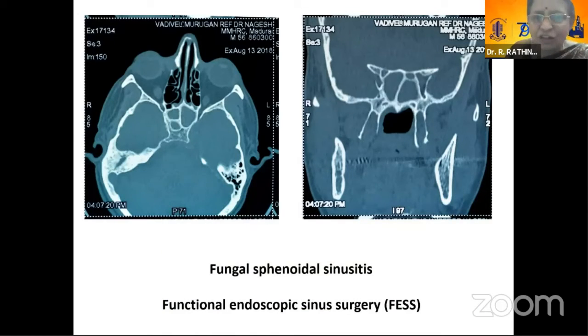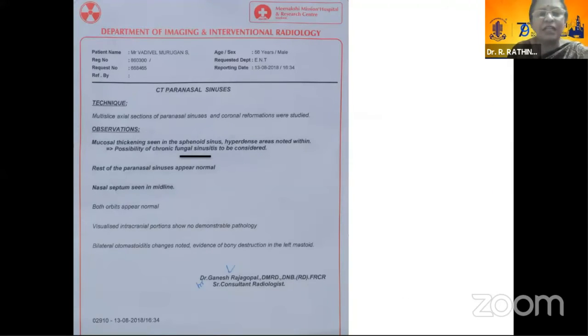For headache, he went to a neurologist, where he was suspected as a case of fungal sphenoidal sinusitis. So functional endoscopic sinus surgery was done and they aspirated the fluid, but unfortunately fungus was not growing. So they started some antibiotic, and even the radiologist's opinion was fungal sinusitis. Because of the radiologist workup only, they did the first surgery and they tried to prove fungus, it was not